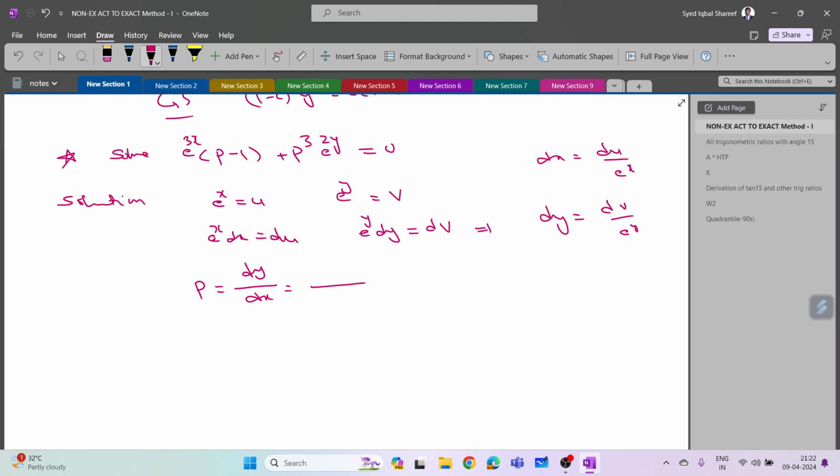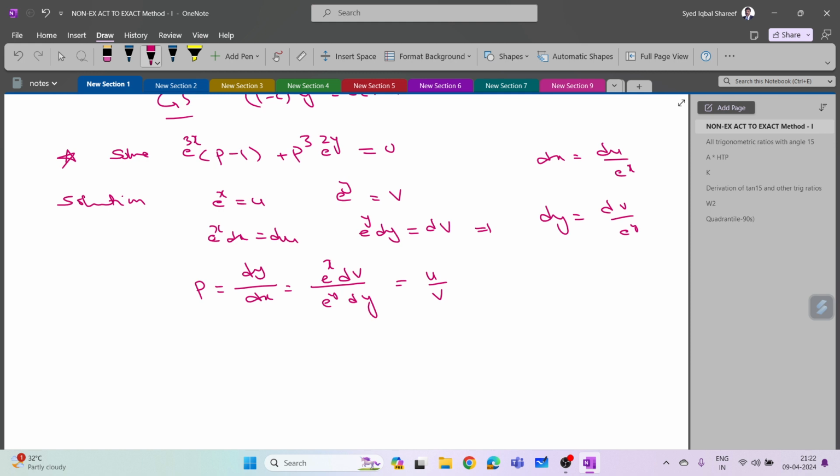So this will be e to the power of y dv by e to the power of x du, which is equal to, e to the power of x is u, e to the power of y is v,